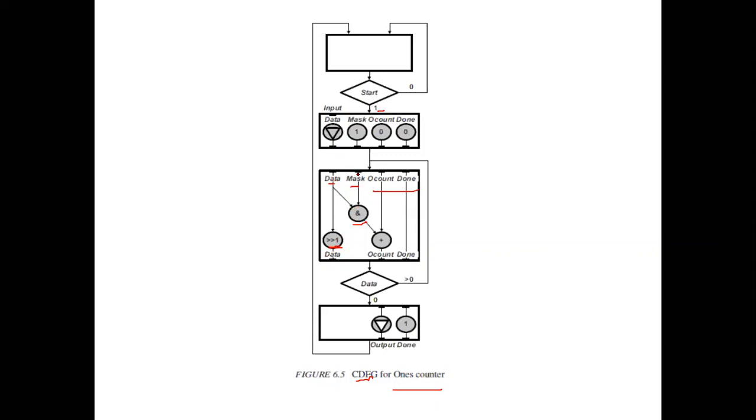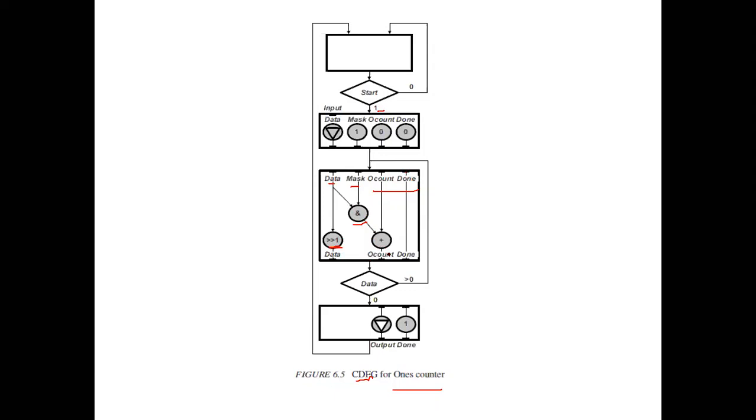So first we are taking the data, then the mask value. We are loading the logical AND operation. Then we are taking the output count, and we are adding the output count with this data and mask value, and that will be stored as output count. Here it is shown as this output count. At the same time, parallelly, one more thing is happening. Data will be right shifted by one position. It means once you do the data and mask, we can modify the data. Data will be right shifted by one position. Parallelly, at the same time, we can add output count equal to output count plus data and mask. So that will be given as the output.